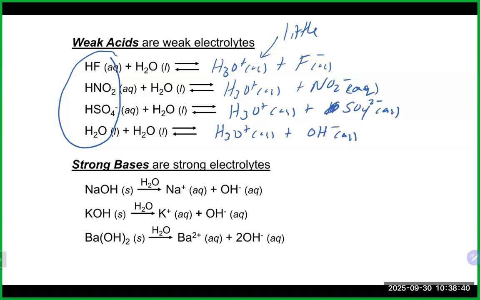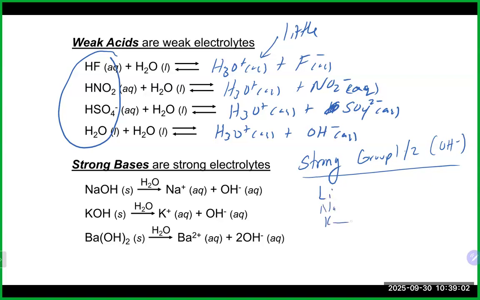Most strong bases come from group 1 and 2 on the periodic table and have hydroxide in them, like you can see there. Sodium hydroxide, potassium hydroxide, barium hydroxide. Essentially, if you go on the periodic table there in group 1, like I said maybe earlier, lithium, sodium, potassium, hang a right there, calcium, strontium, barium. You hook any of those guys up with hydroxide,